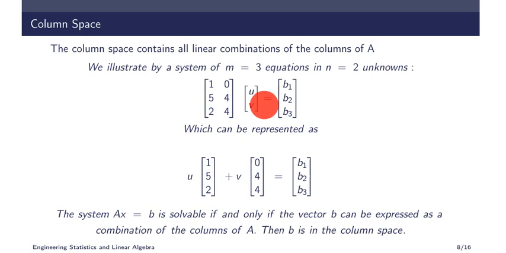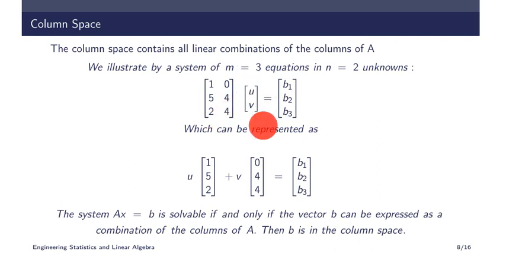Now think the other way. The values u and v take such that it becomes b1, b2, b3 will be a subset of a two-dimensional subspace. This is the subset of three-dimensional. Now the values which u and v take will be a subset of two-dimensional. And as we said, this should be (0, 0), right? So that 0 should be an element of u and v.